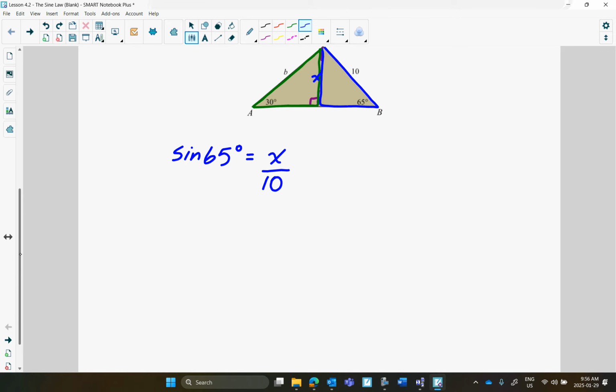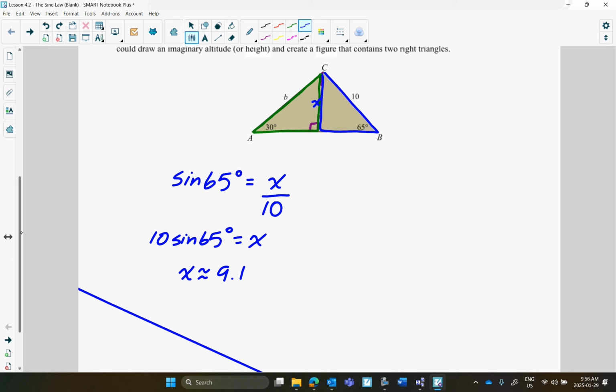Multiply both sides by 10 to get x by itself. So I get 10 times the sine of 65 degrees is going to be x. How much? 9.1. Okay. So this is about 9.1,